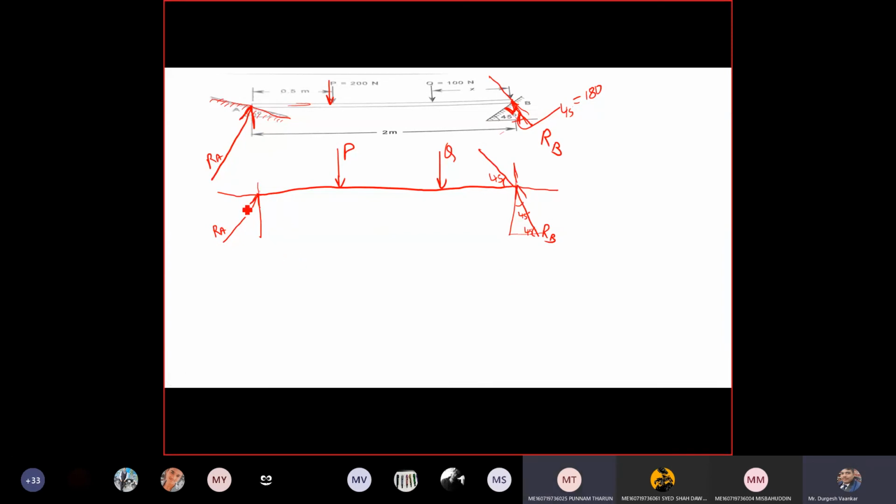Now I will explain. Please mute your microphones. Mute your microphones. Now try to understand this also. See, here I will explain. Those who did not get this point, I hope you will get it here. Otherwise I will zoom it.